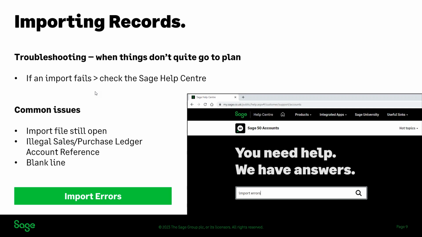Common ones, we already mentioned one of them. Import file is still open. So it will give you a prompt. It will say, right, you can't do this. There's an error. You've got to close the file, make sure it is closed. Another common one,